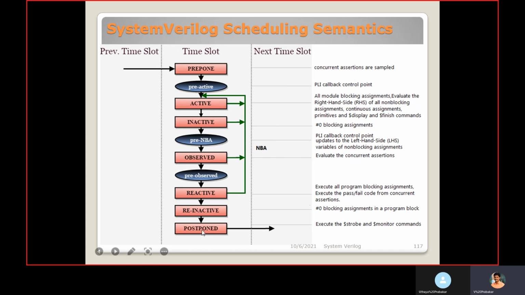Then the postponed region happens finally, where $strobe and $monitor are executed, so that we can avoid race conditions. Okay, next we will see about the program block, which we will see later.